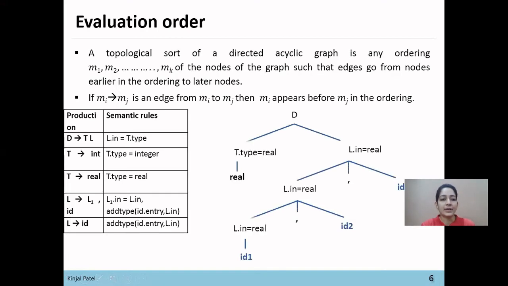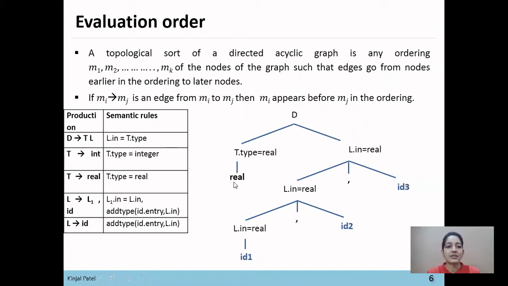For example, here are the production rules and semantic rules for the variable declaration grammar and the parse tree for those production rules. We have already constructed this parse tree from the production rules using inherited attributes in the previous lecture. In this lecture, we'll see how the order can be evaluated for each node.